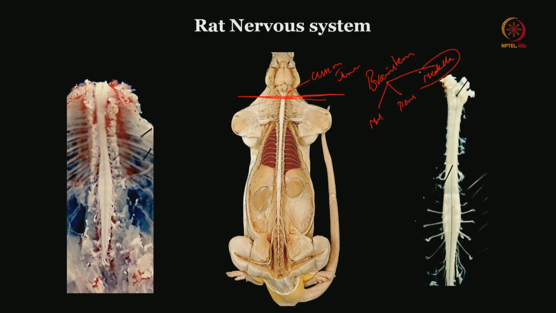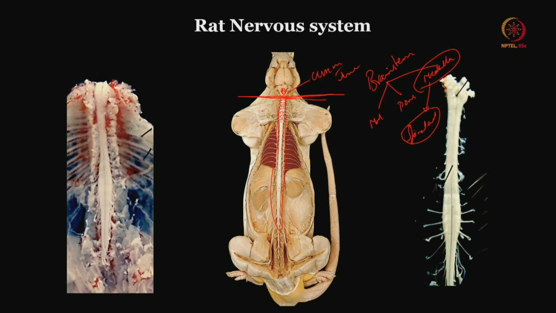It is this medulla which comes in the terminal part of the brain, which continues downwards as the spinal cord. This junction is very critical. It is after this that the vertebral anatomy starts, that is cervical vertebrae, thoracic vertebrae, which cover the entire length